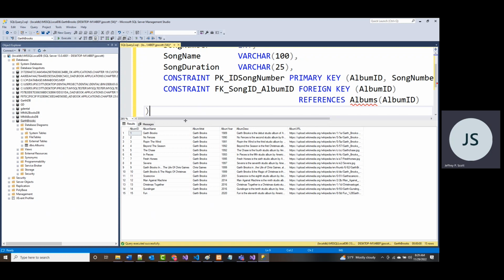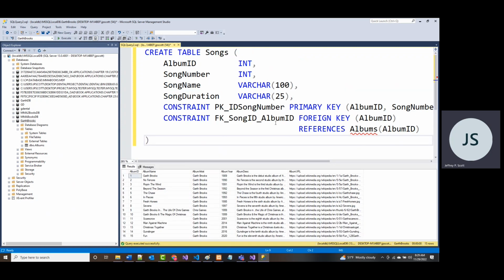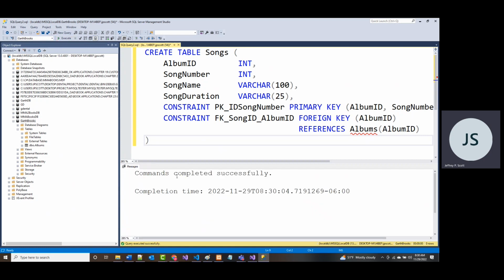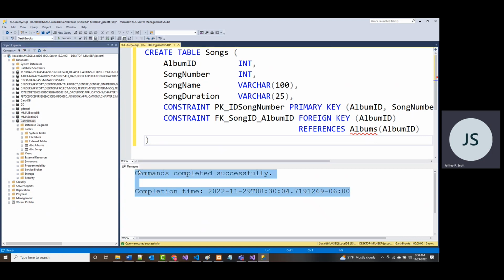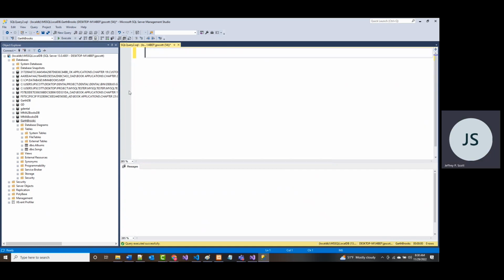So I can move this down now a little bit. There we go. So again, we've got all this. Now this says it's referencing albums and it doesn't like that name for some reason, but I don't know why. But if I do come in here and run the command by clicking execute, it says command completed successfully. It doesn't show the table here, but when I refresh and I go back to tables, now I've got an albums table and a songs table. So they are both in there. I'm again going to come in and remove this and remove this. So I'm starting with a blank slate here, so to speak.